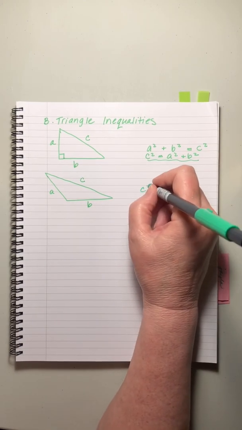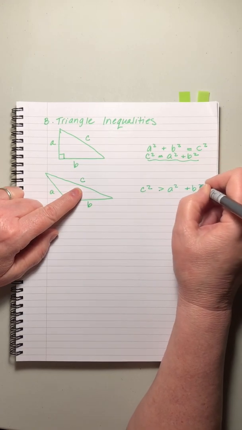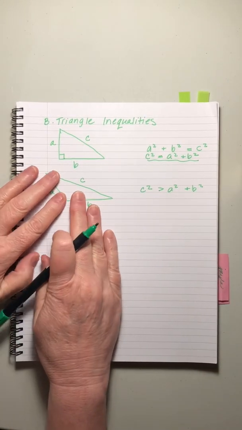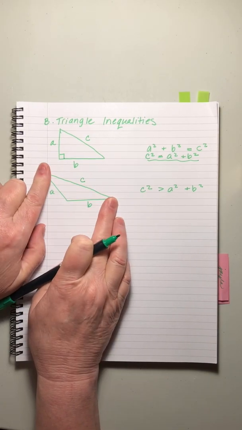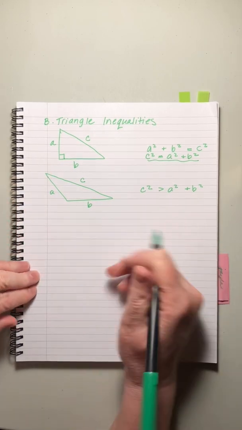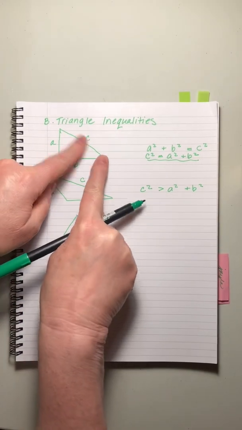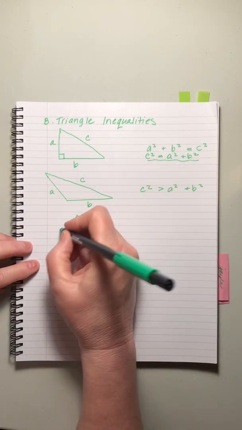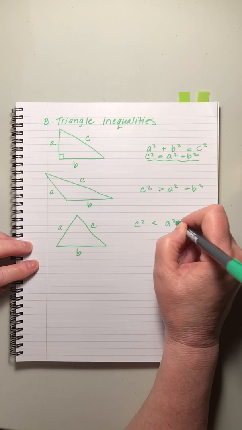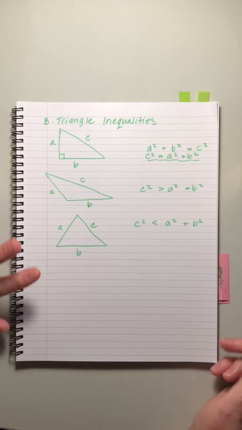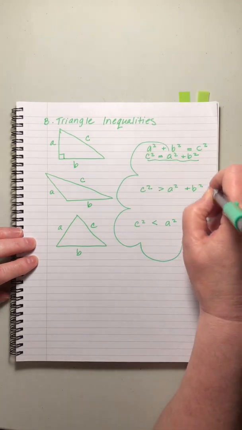In this example, C squared is actually going to be greater than A squared plus B squared, which kind of makes sense because we can see, well, it's not a right triangle, but this thing is stretched really long, right? It's kind of disproportionate. And so we can see, okay, that seems fairly logical. And then conversely, if you squish that long side in, right, like that, and make them all more or less the same size, then the C squared is going to be less than the total of the A squared plus the B squared. This is somewhat intuitive, but we call these triangle inequalities